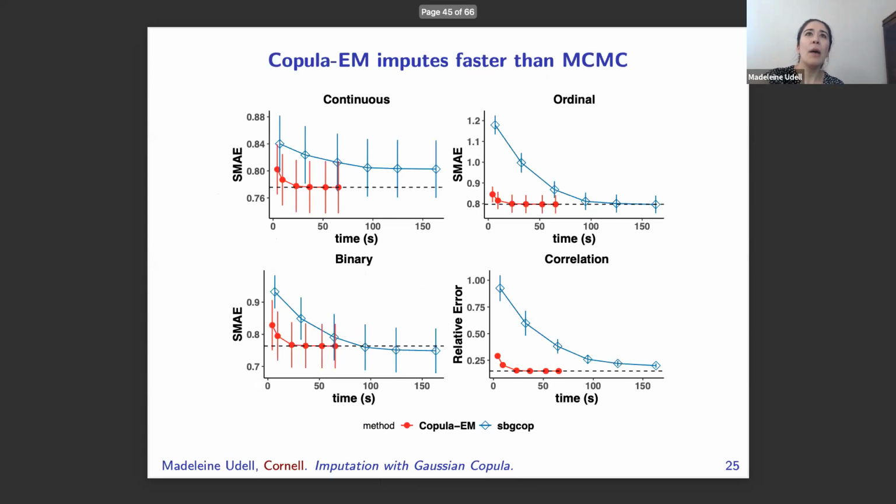The first thing to check is that our EM method works at least as well as Hoff's previous MCMC method. It converges very fast, down to essentially the same asymptote as the MCMC method, but it works faster. The one exception is for binary data. For binary data, you can get slightly better estimates by using the MCMC method than our approximate EM. But the more ordinal levels you have, the better the approximate EM works. And it's a lot faster.